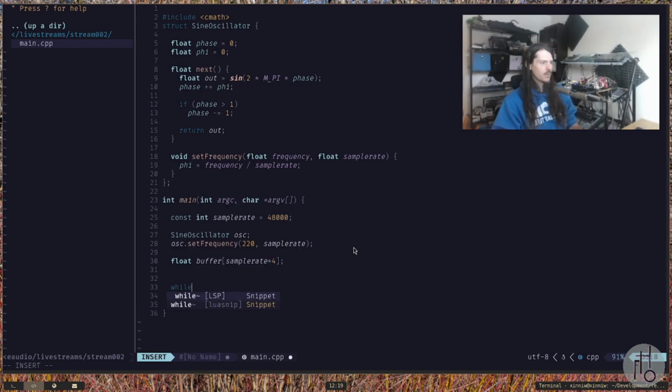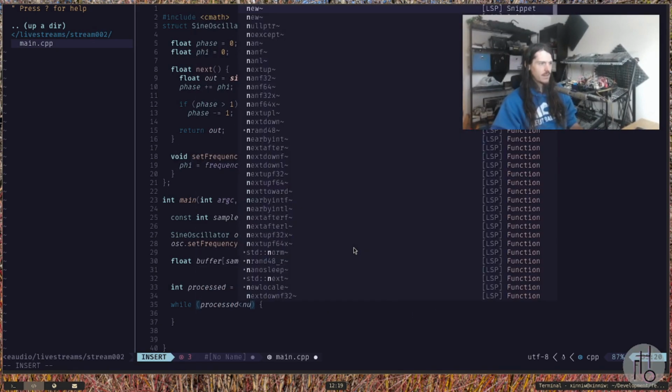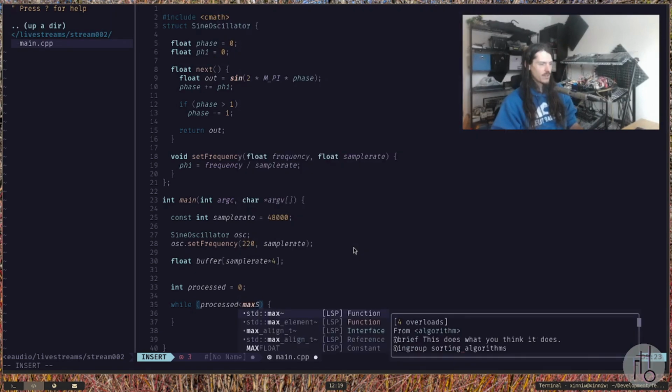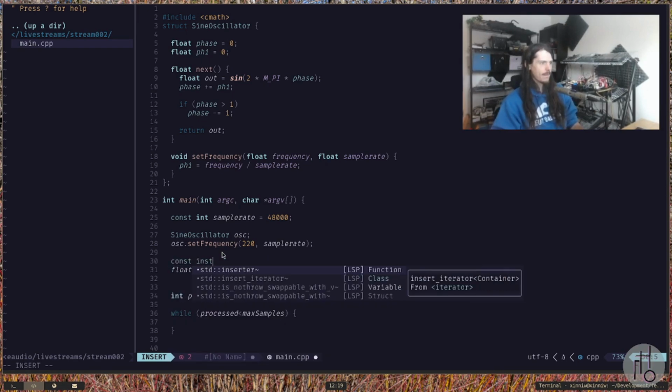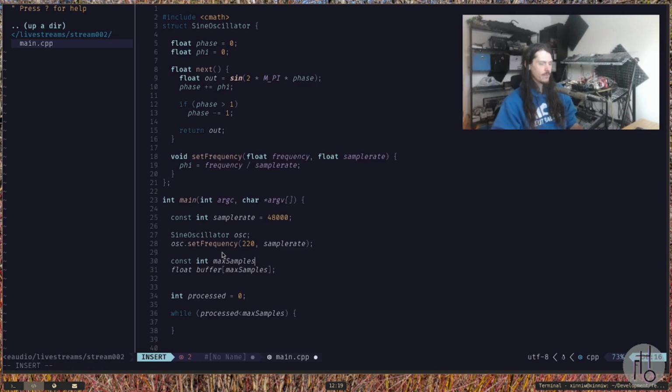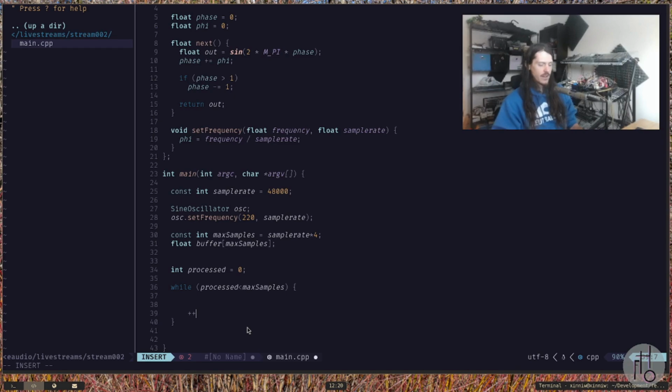And then we're just going to fill this buffer up with a while loop. So let's have some counter. We'll call it processed. So this is going to be the number of samples that we processed, and we'll say while processed is less than, we'll call this max samples. Let's pull this out. I feel like we should pull this out. This will be max samples. Okay, great. So while processed is less than that,